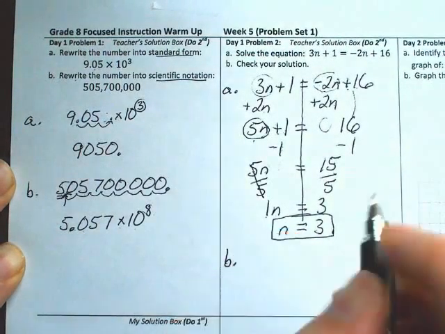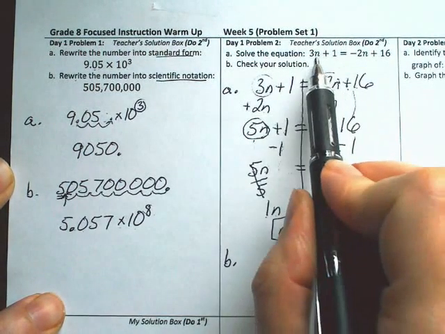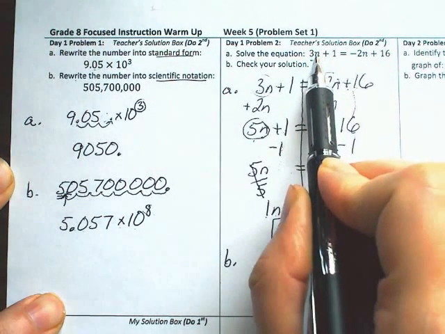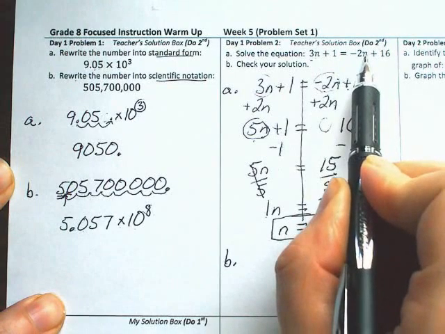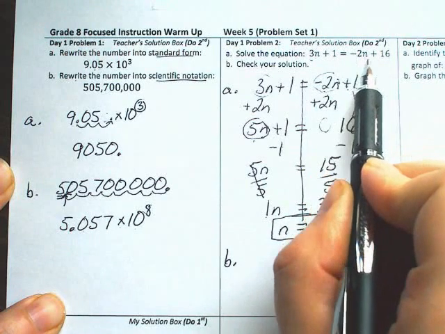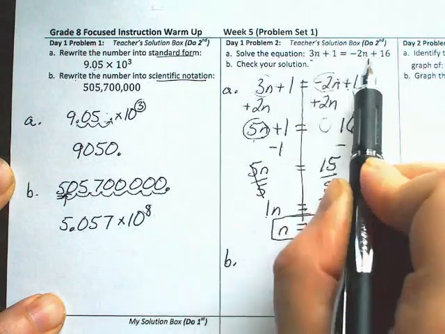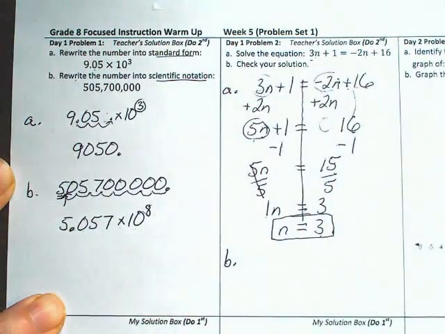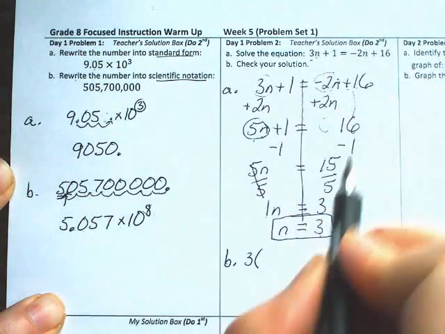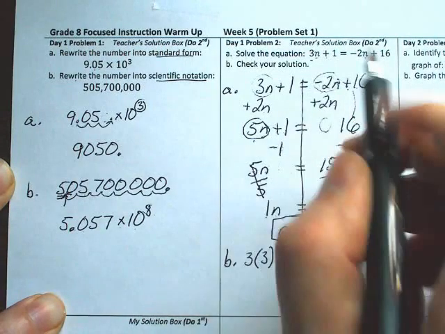Now in part B, we're going to check whether n really does equal the number 3. So back in this original equation, we think that if we put a 3 here, and we put a 3 here, and then work out what this expression and this expression equals, that they will in fact create the same thing on the left side and the right side of the equation. Let's find out if it works. So 3 parentheses, and then for n, let's fill in the answer that we think is right, and then plus 1